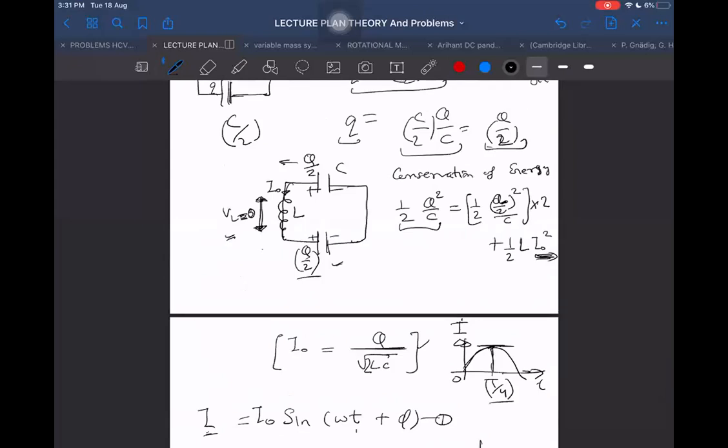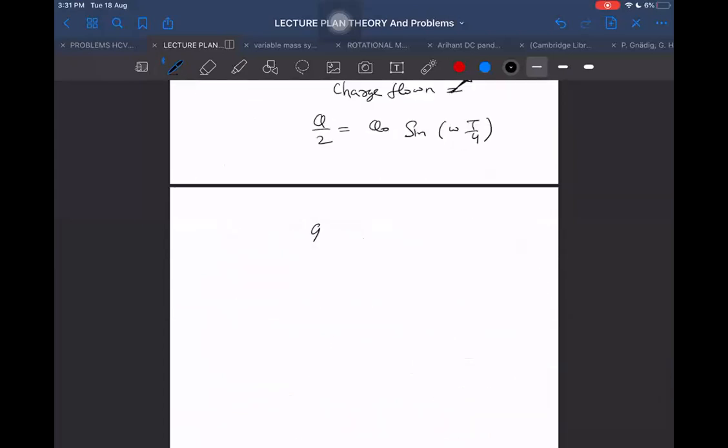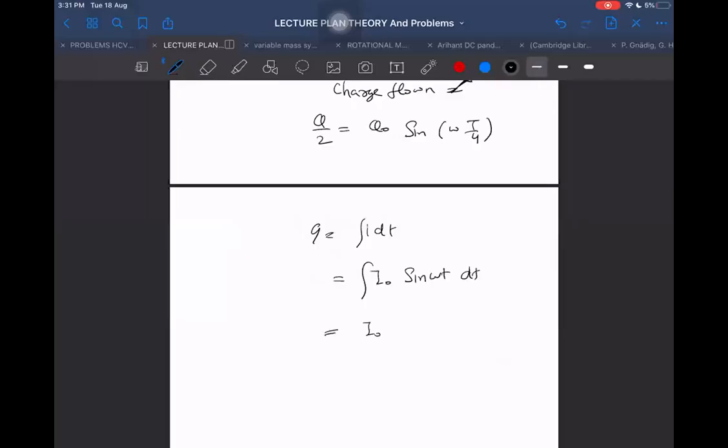What is your doubt here? Q is the charge supplied, right? Wait a second. What should we write it then? You want to write it as the integral of I into dt, right? If I write that way, then I will be getting the integral of I naught into sine omega t into dt. Then what do I get here? I get I naught into minus cos omega t by omega, plus a constant t.